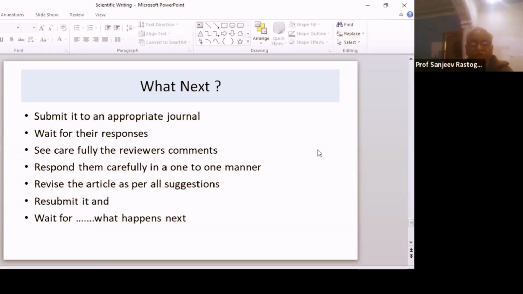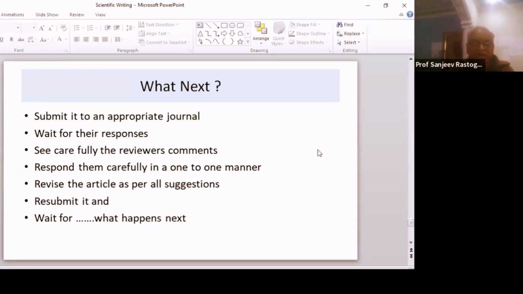Be very, very careful in responding to the reviewers' comments, because you need to understand that these are people who have great expertise in that particular area where you have just begun to work. So every comment raised by them should be carefully and honestly answered, in a point-to-point manner. This is quite important, and every journal says that whatever modifications you have made in your manuscript should be clearly visible, and every query raised by the reviewer should be responded to.